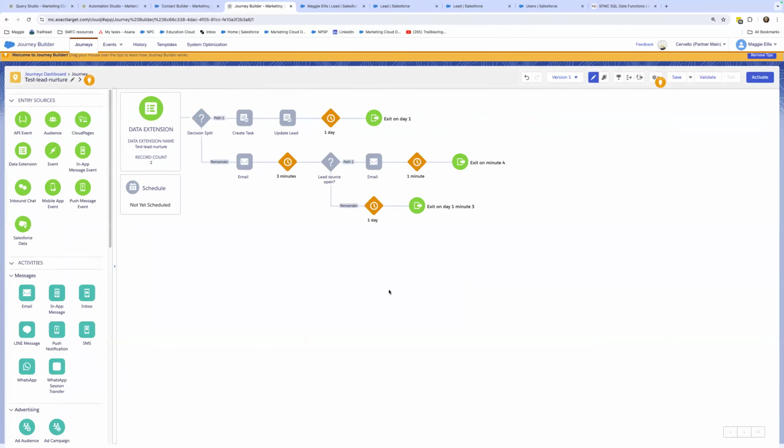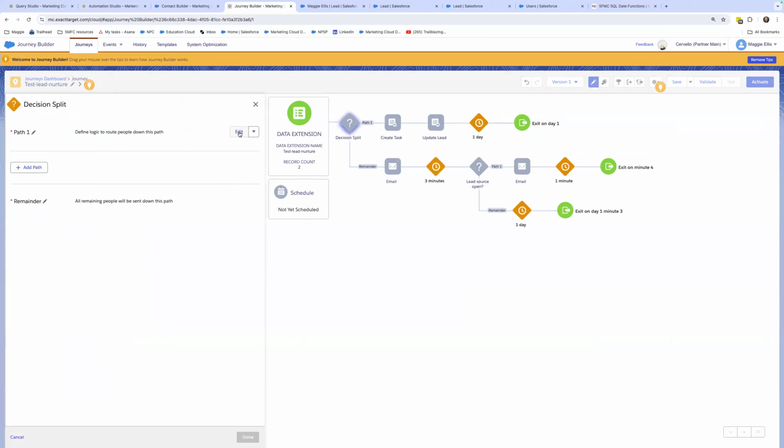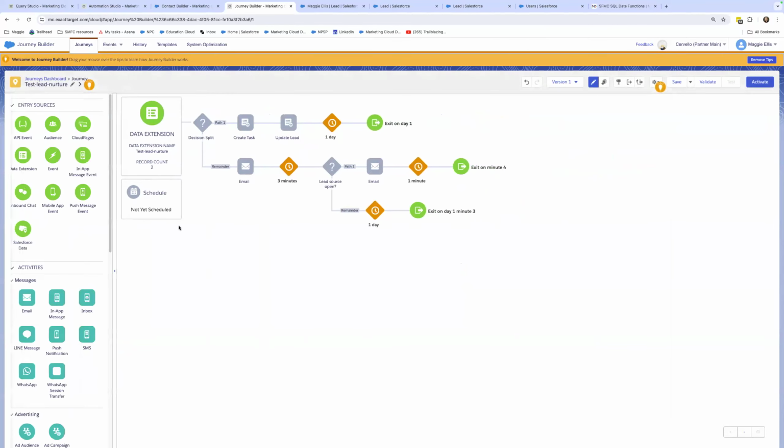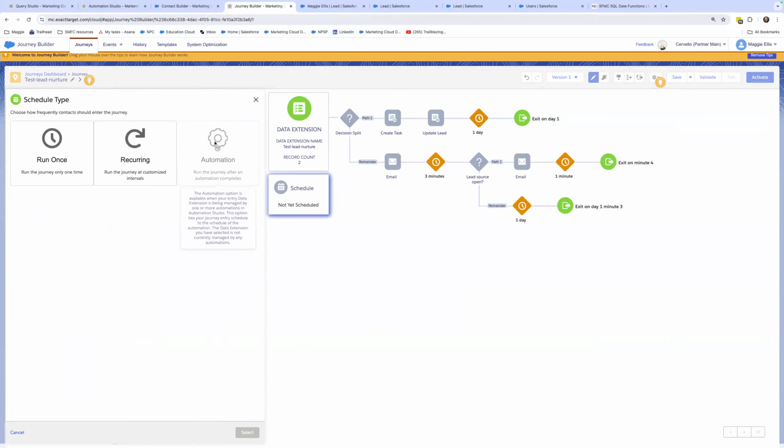Awesome. So now we've got our data. Now we can configure those decision splits, the different paths, because we'll have that data point to pull in there. But we'll do that in another session. We're going to create an automation. So in that schedule box, we're going to go over to the automation, create an automation. We're going to turn it on just so that Journey Builder can see it, so that we can make that connection. Once we activate the journey, that'll create the activity in the automation, and then that'll be able to make that connection between Automation Studio and Journey Builder to fill in those